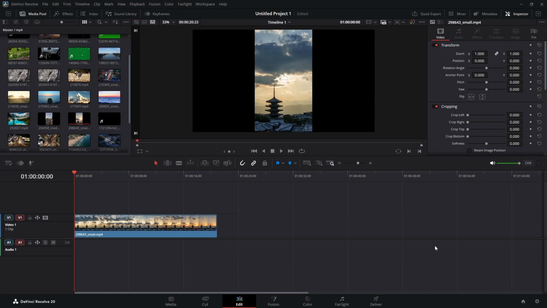In today's video, I'm going to teach you about the blanking fill effect in DaVinci Resolve. If you're working with vertical clips and looking to enhance them more creatively, you've come to the right place. Let's dive right in and explore how you can achieve this effect to add a polished, cinematic touch to your